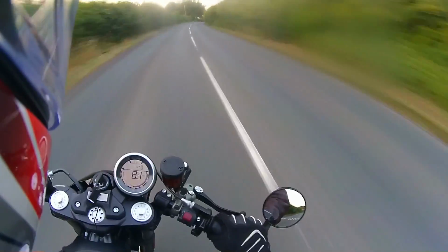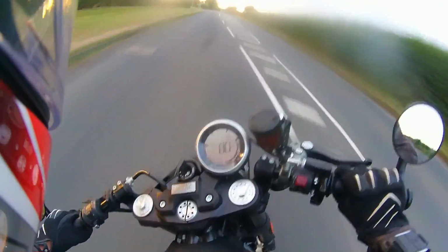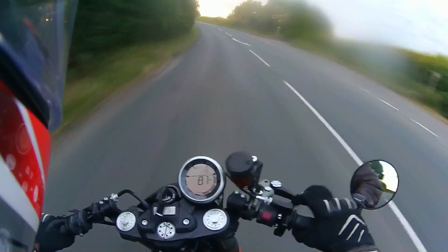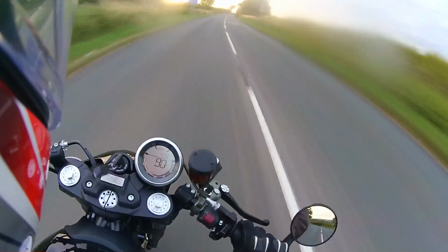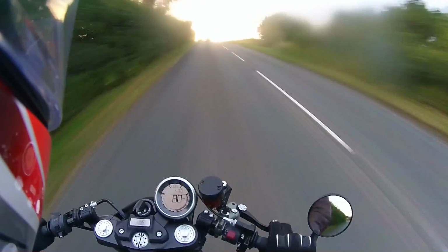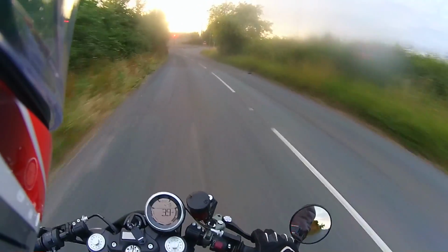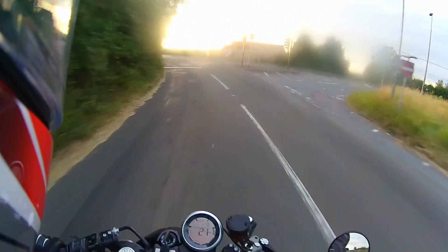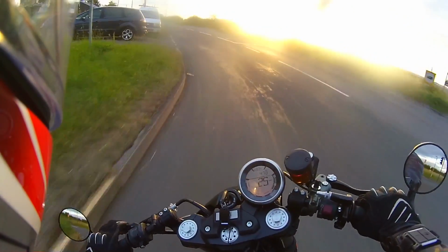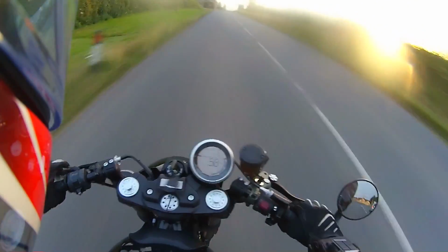This bike actually wants to go fast. The other scramblers I've ridden seem a little bit reluctant to be ridden really quite quickly. This thing though, this thing loves it. Just the way it turns is so precise. There is just something about the way it goes around corners. I've not really ridden anything else that does it like this. It's got that real old school, lightweight, twitchy feel to it, but it feels so stable. As soon as you're in the corner, it just feels like it wants to lean and lean and lean